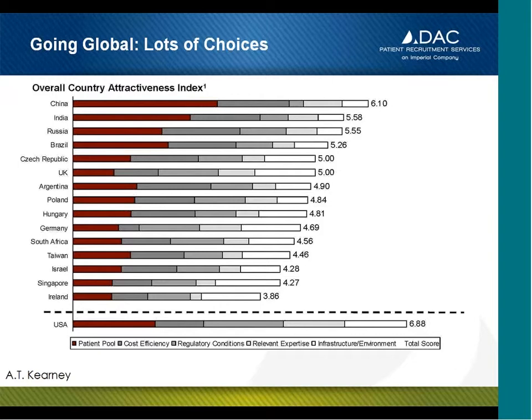Not many companies have conducted a country-by-country comparison as is done here. This is by the well-known consulting firm A.T. Kearney, which is a global research and consulting firm, and this was done a few years back. Essentially, what they've done here is they've used the USA as the benchmark and then compared countries against it. And they included factors such as the patient pool, cost efficiency, regulatory conditions, relevant expertise, and the infrastructure and environment